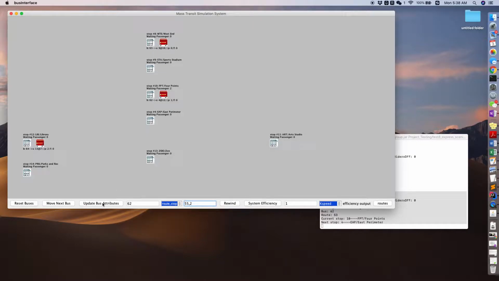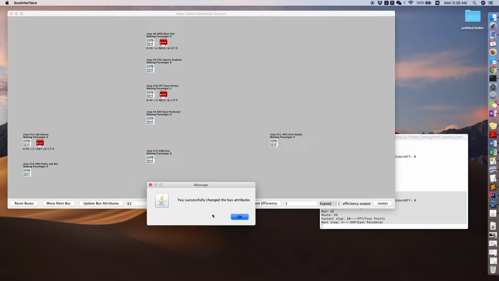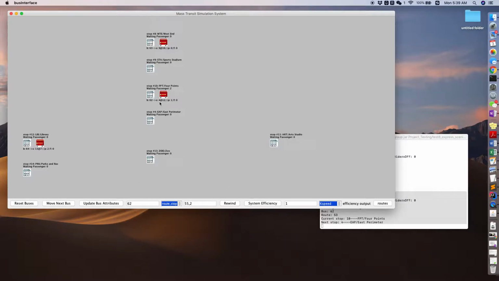And then I click update bus attribute. It will take effect. It will tell you it has already been successfully changed and it will take effect when it arrives at the next stop, that is stop 4. For example, I keep clicking. So next time, originally it should be heading to 11, but now it tells you it is heading back to 10. Heading back to 10, that is what I changed. So if I keep clicking, next time when it moves, it will move back to 10, so it takes effect